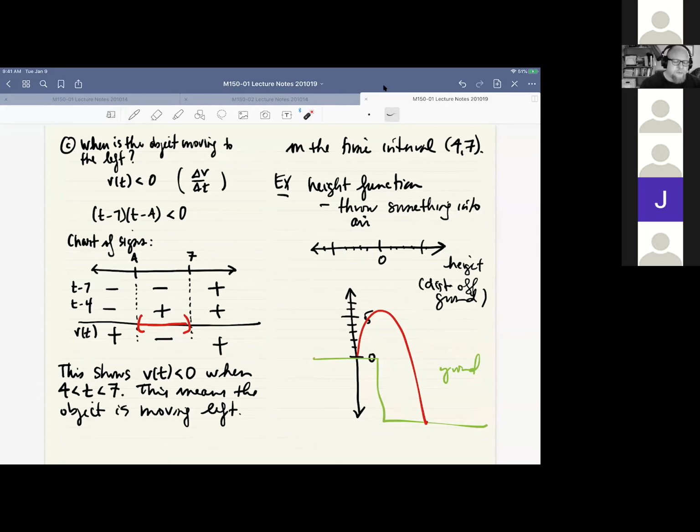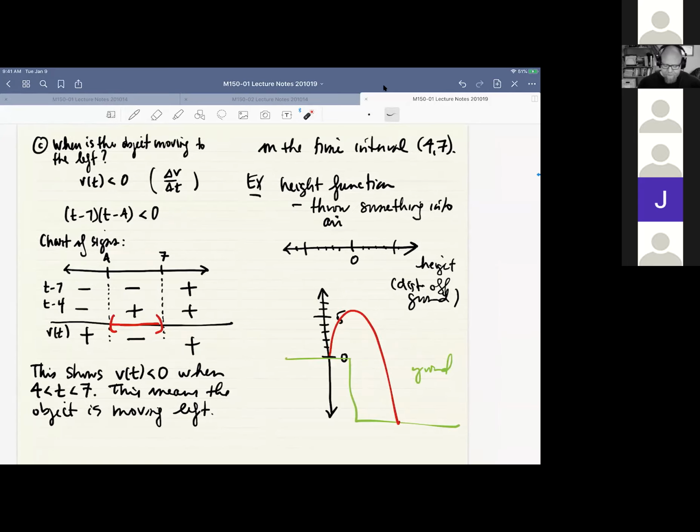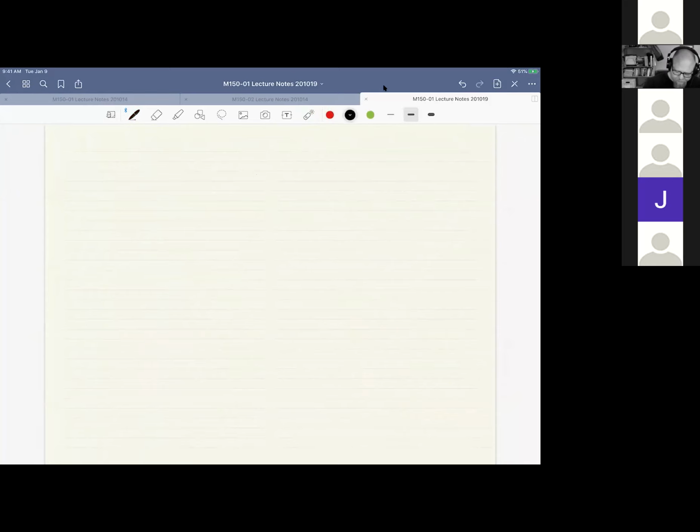All right, so I'm not going to do any more examples of this because I think we've talked about it a bunch. But if you work some problems and when we come to class on Wednesday you want me to do some more examples with position functions and velocity functions and acceleration functions, I'm happy to do it. You just ask. But I want to move on to the chain rule,